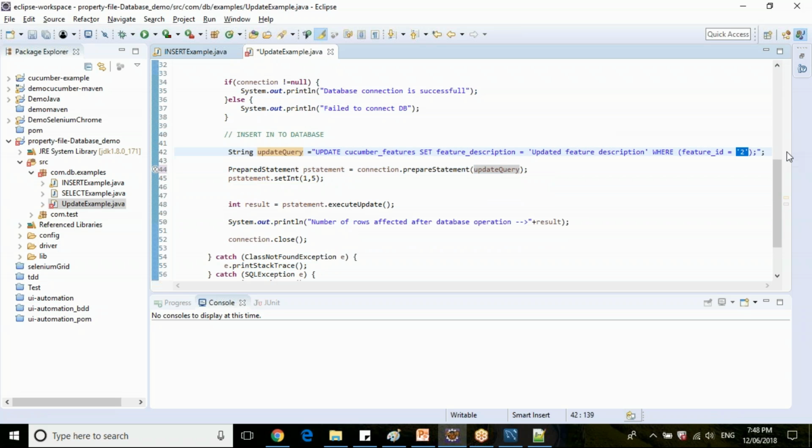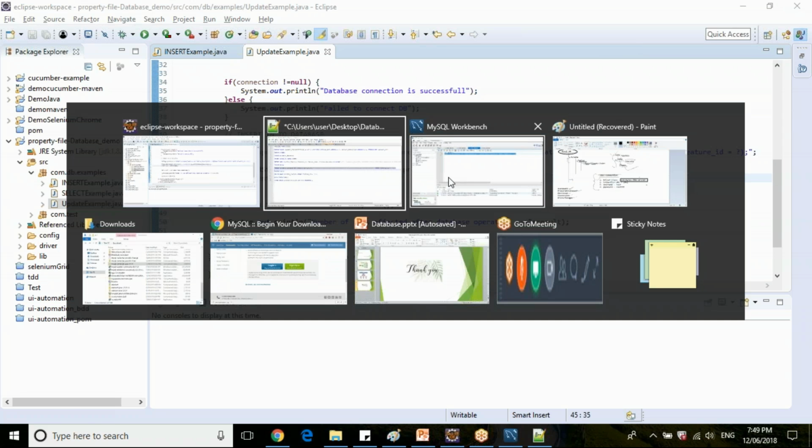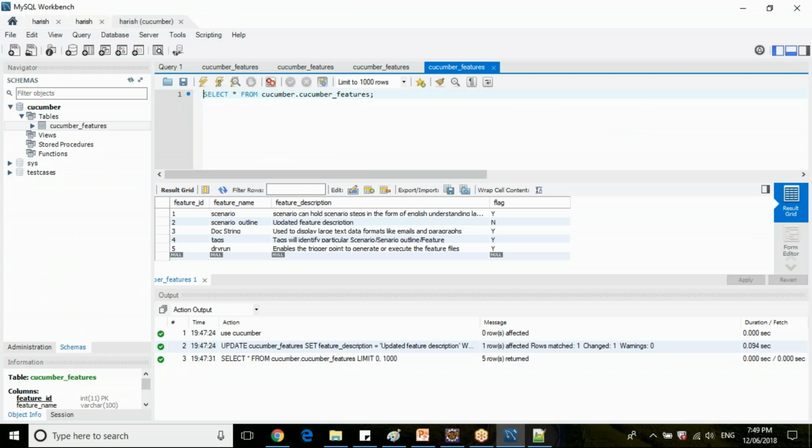Just instead of passing the value, place a question mark here and set this one. What is feature ID? It is an integer type, so use the set integer method. And for which row do you need to update? The fifth row here is dry run.